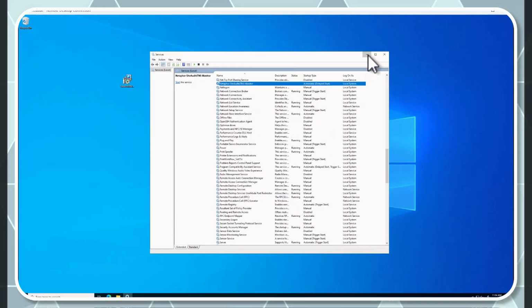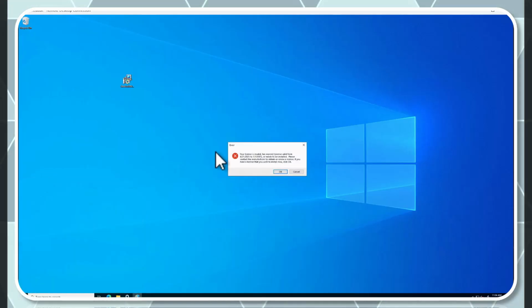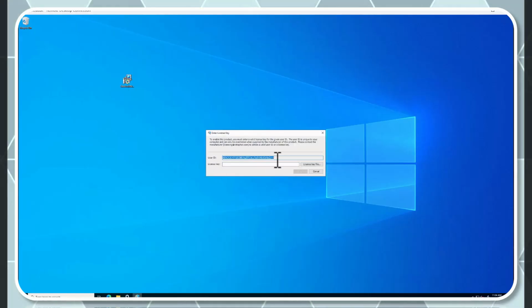All right, so what we want to do now is let's just start SiteAudit. And the first thing it's going to do is it's going to say that we need a license here. So we'll just hit OK, and it's going to give us this unique user ID. So we'll copy this, and this you'll paste and send it to licensing at netaphor.com to get your license. So don't paste this whole screenshot in here, just copy and paste the user ID,